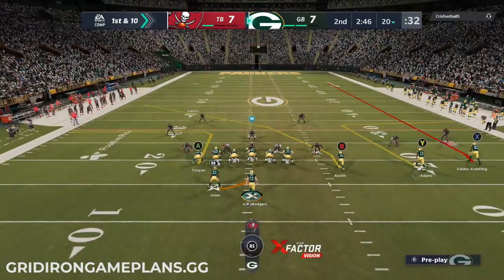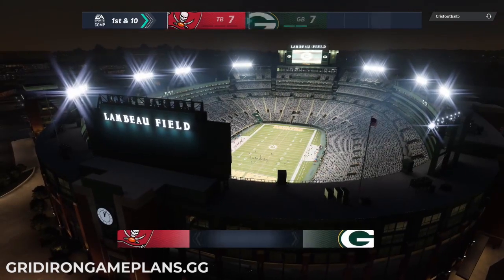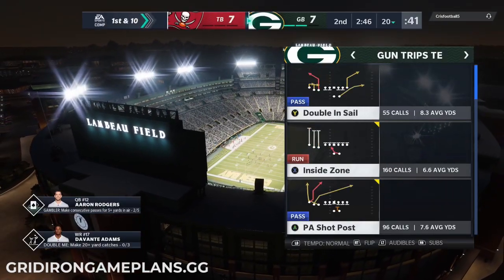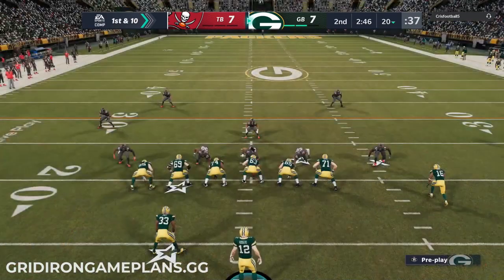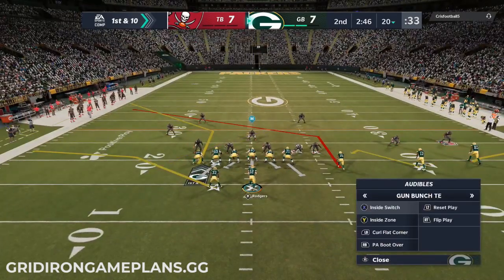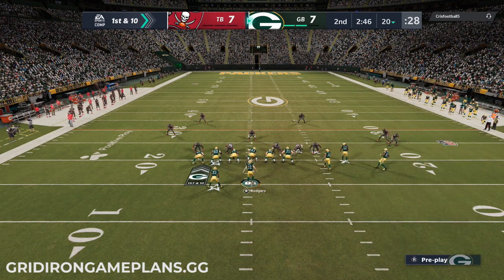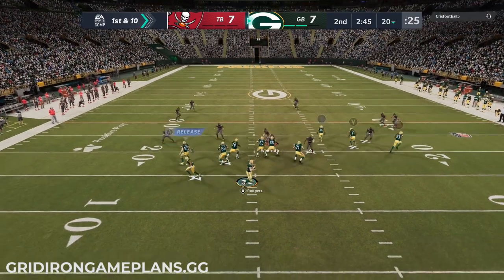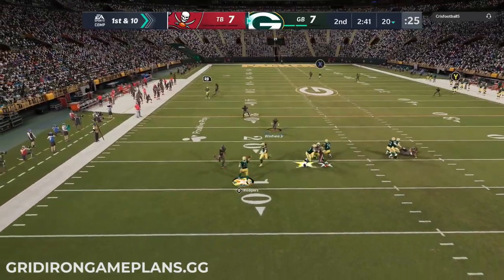Obviously, one player allows you to audible down into some of the I-form stuff, whether it's the I-form close or the I-form H slot or the strong close. The other one allows you to check into more of your bunch tight end or other 11 personnel type plays in this playbook. So again, sticking with the theme of multiplicity. I talked about that yesterday in the upload, about how having multiple schemes from the same playbook is really important. And I think that's part of the reason that right now, offensively, in terms of how Mutt is going,